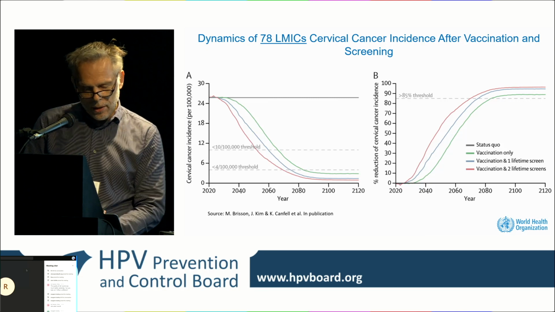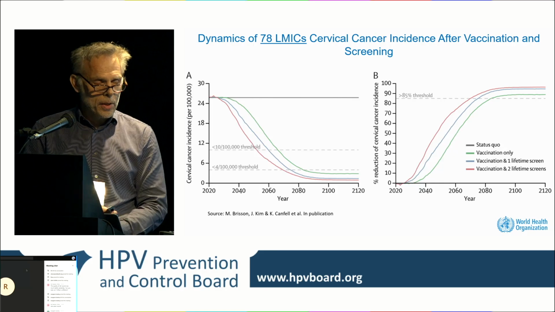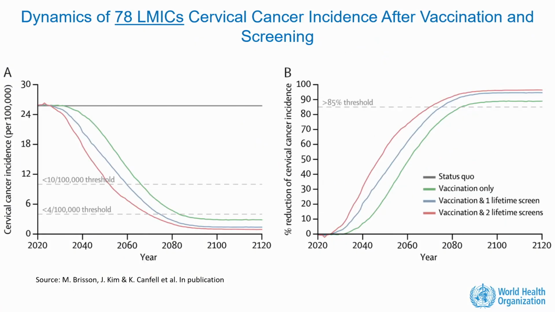On the right-hand side, you see the same graph, but exposed in a way that I know Eduardo likes much more, in percentage of decrease of incidence, or you could also express it in percentage of decrease of mortality, for example. So you can see when you would decrease your incidence by 85% with the various strategies, and the main difference is about timing. You could get to these levels, either 85% or 4 per 100,000, but it's more about when you will be able to get there.